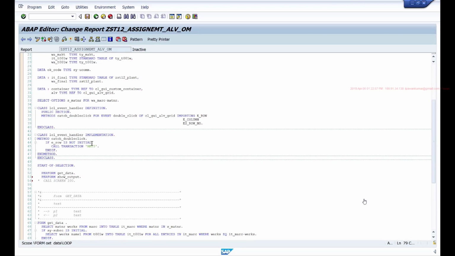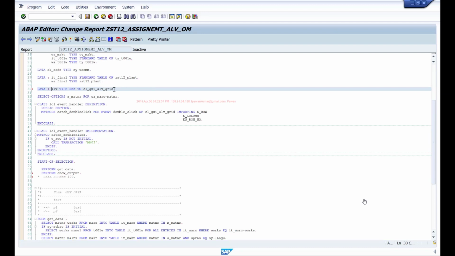For that, all I have to do is, instead of creating this container class, I just need to define one reference object referring to this CLSALV table. This ALV object model has three types of displays.